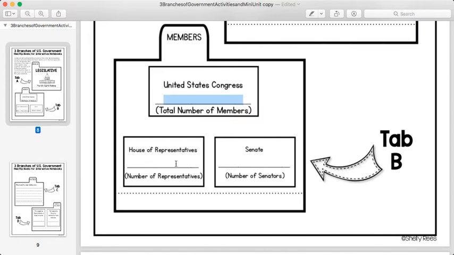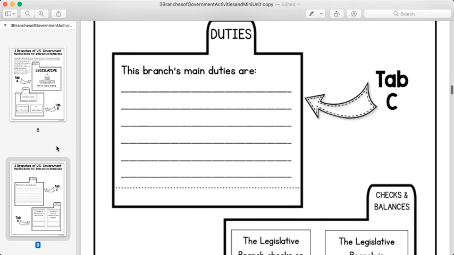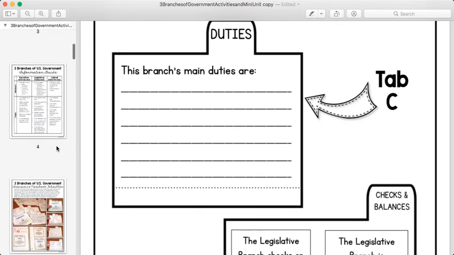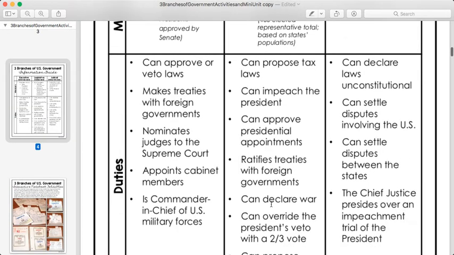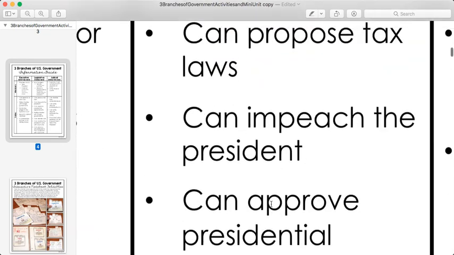You'll write down how many House of Representative members there are, and how many senators there are total. So you really need to keep in mind that we have 50 states when you are doing your math on the senators. All right. So let's go back to the beginning, and let's look at the roles of the legislative